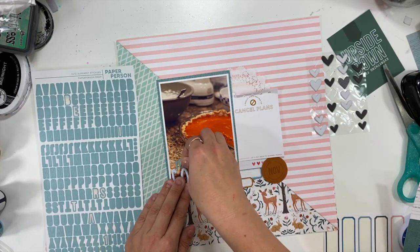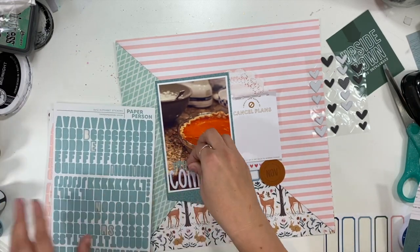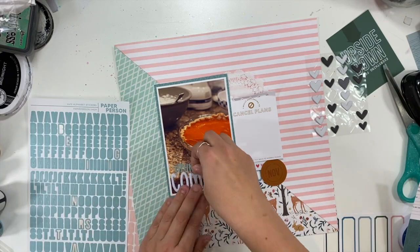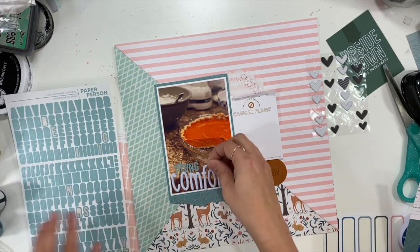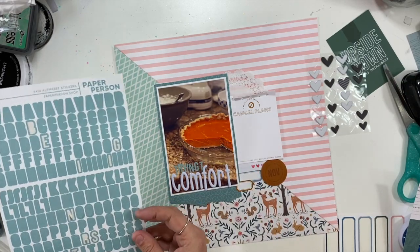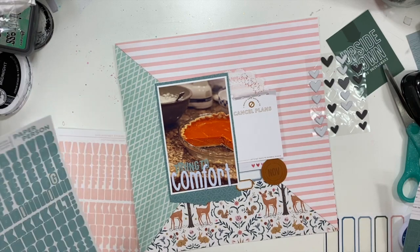And so it's going to end up saying finding comfort. So finding is going to be in the green, and then the pink I'm going to come back and put in tradition underneath. So the whole title will read Finding Comfort in Tradition. And so that's going to kind of mirror what I talk about in my journaling, which is often how I